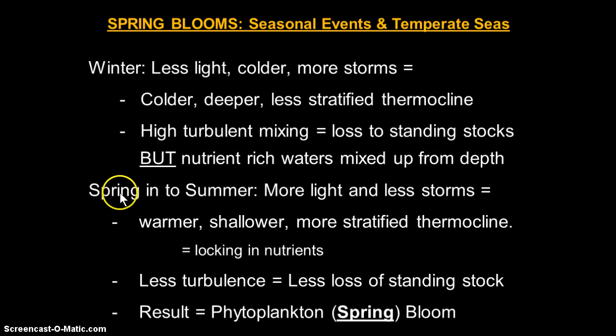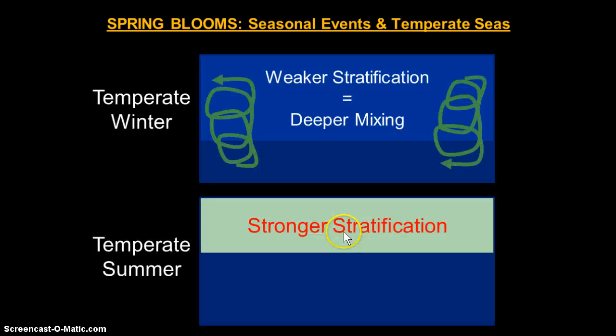As we go from spring into summer, right, we get more and more light, less and less storms. So the more light we get, the warmer and shallower the thermocline becomes again, and we get more stratification until finally we have warmth enough to get this strong stratification again. And now we've locked this layer from this layer. We've locked all the cells in here, and now they can grow and begin to repopulate without having that loss